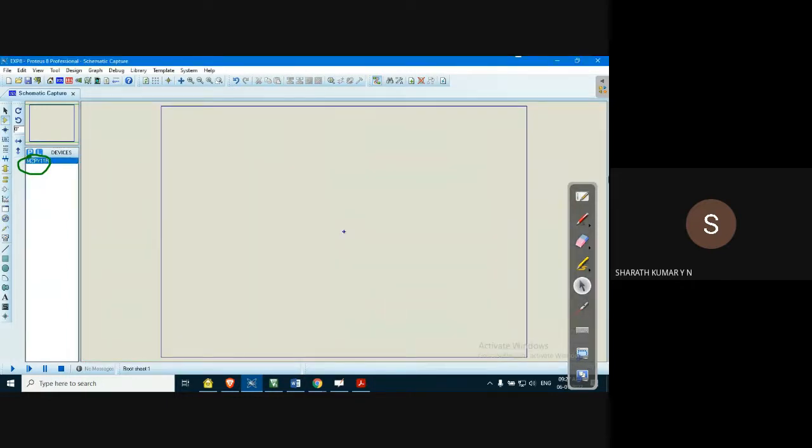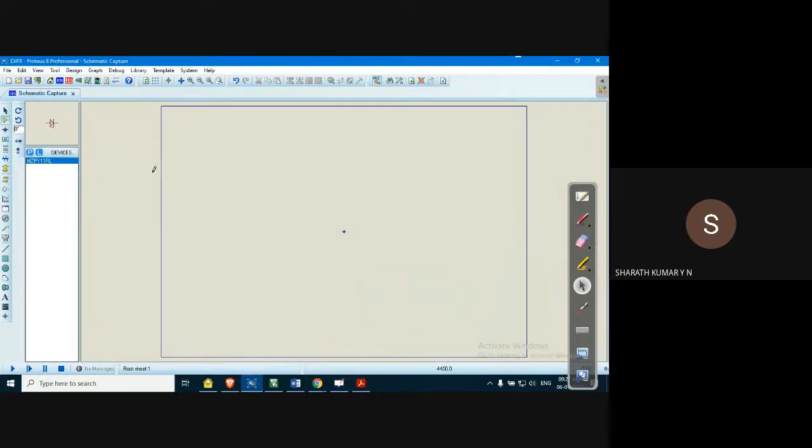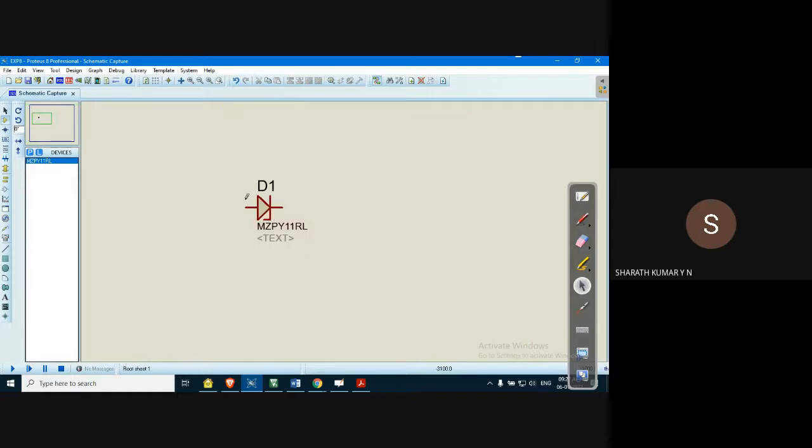You can see that the component is placed in the library workspace. Select it and place it on the workspace. You can use the mouse button to zoom into that particular space, and you can watch the component closely so that you can make the connections.